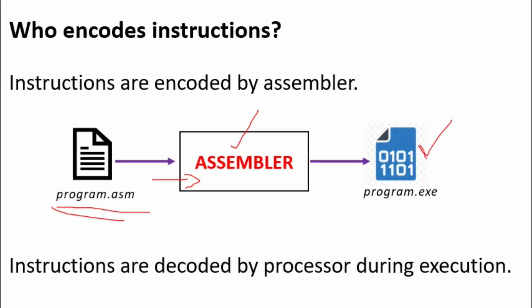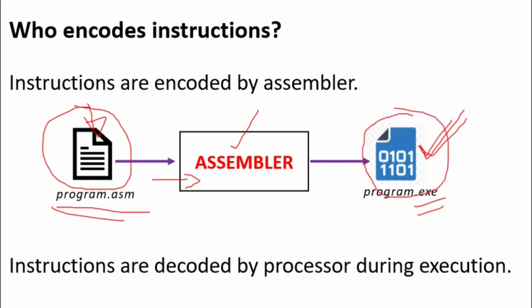So you will have a separate file here, which is the output of the assembler, which is executable code. What is executable code? See, the processor does not understand the program you have written in assembly language, but after passing that program to the assembler, it converts that program into binary. The processor understands binary, so the processor can execute that. That means the processor can decode it, understand it, and execute your program. So that's why it is called executable. So binary codes are nothing but executable codes. After the assembler, there are a few more processes that have to be done, which are not discussed in the syllabus. So we consider the assembler responsible for encoding every assembly instruction into binary encoded data.